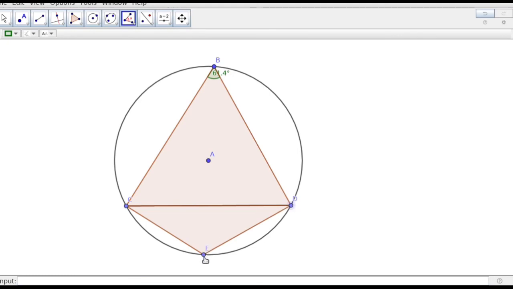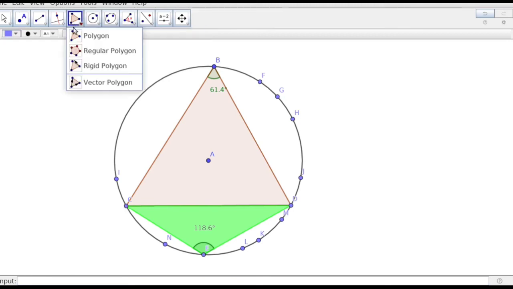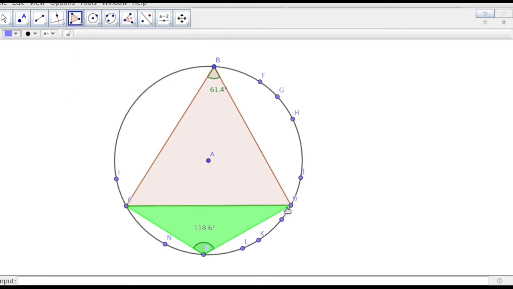Then what about this angle? Let us measure. This angle is equal to, what is this angle? Now I am going to join the ends of the chord to some other points above the chord and below the chord. First I am going to join with this point F with the ends of the chord. So we got an angle here.